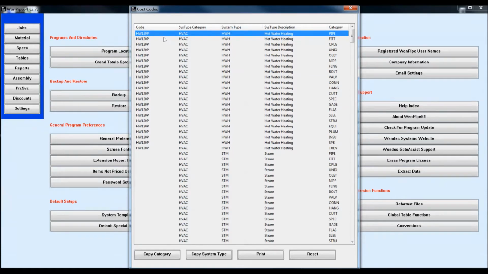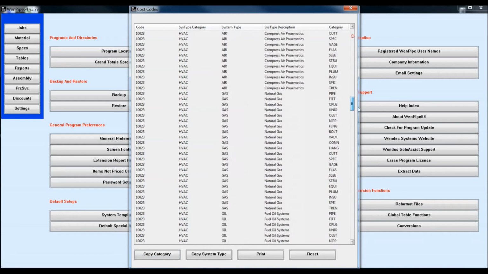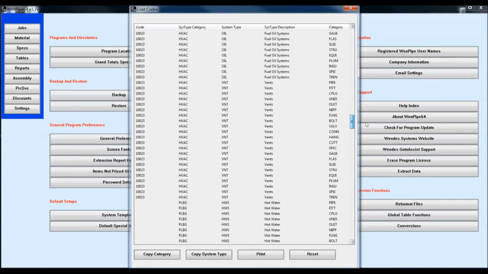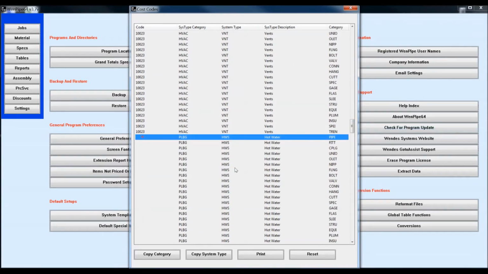If you want a more general cost code, say just for all your HVAC, say you have an HVAC code 10023, you just say copy category, and it'll copy it into all the HVAC. So your HVAC category is 10023. Then you go to plumbing and say 10024